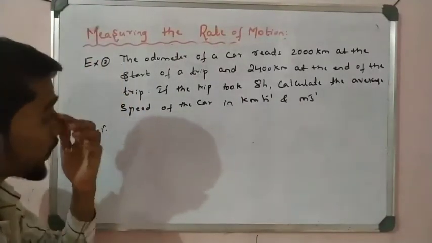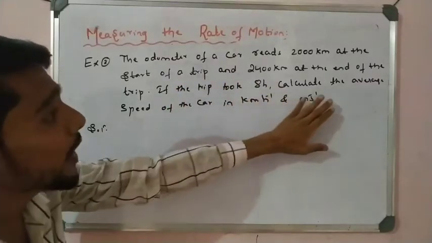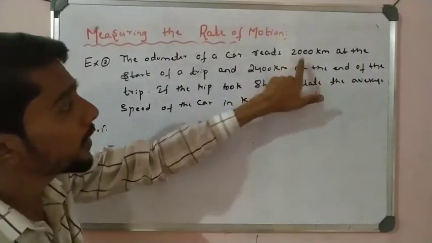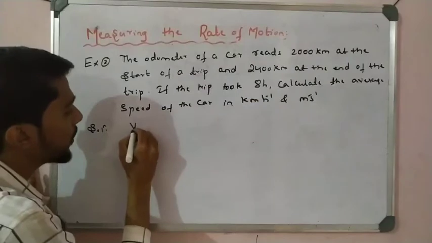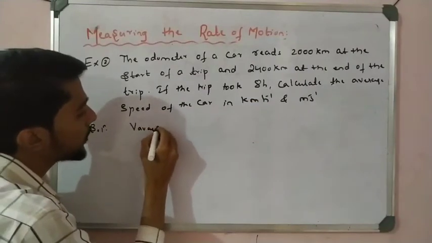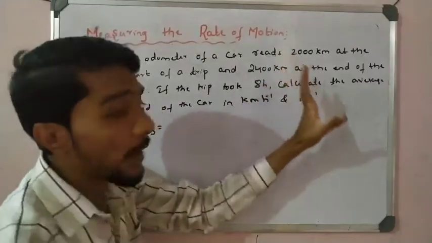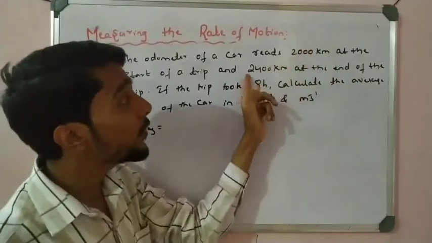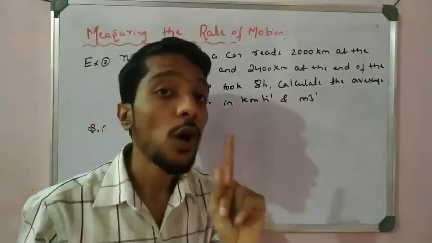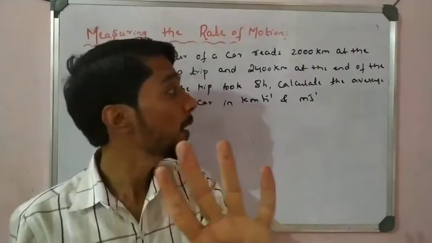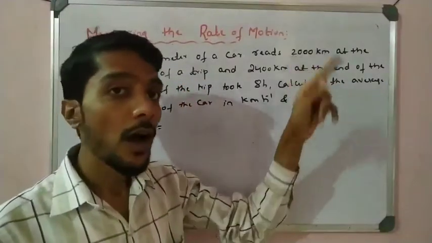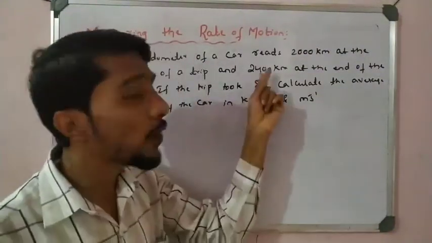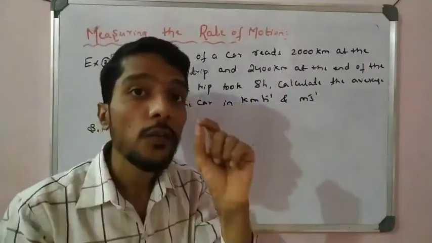So now let us see the problem. We have to calculate average speed first, in kilometer per hour and in meter per second. Given in kilometers, directly we take that one. So average speed is equal to, see here, when the journey started the reading is 2000, and after the journey we observe the reading is now 2400. So how much did I travel? 400 kilometers, right? First it is 2000. After the end of the journey, I see the reading in the odometer, it is 2400. So 400 is added, which means we traveled 400 distance.